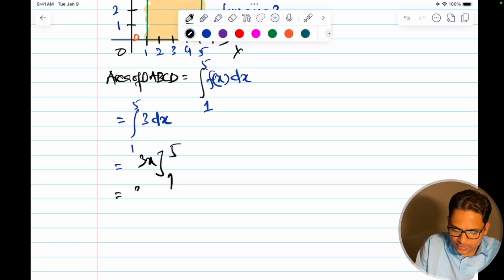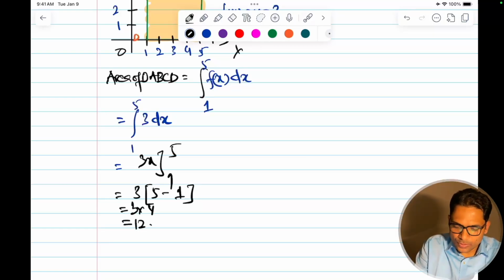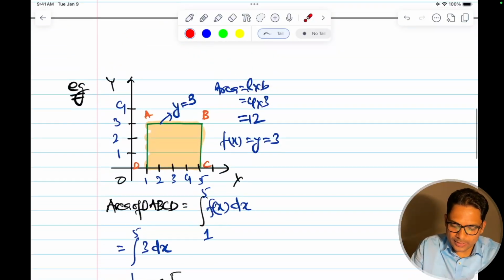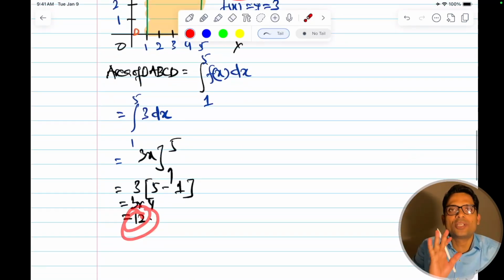So this is equal to 3 into 3 outside, x will be upper limit minus lower limit. So that is equal to 3 into 4 is equal to 12. Now I will say, what's the point? I can do it simply like this. So why am I going this way? This is just to make you understand that